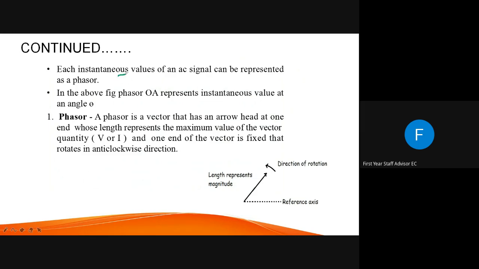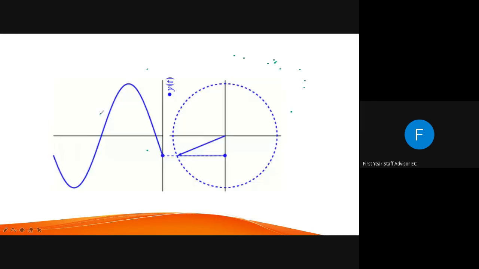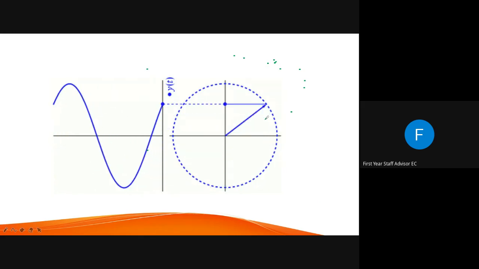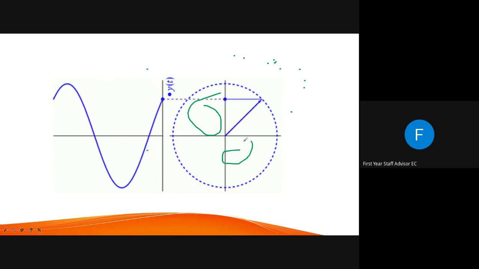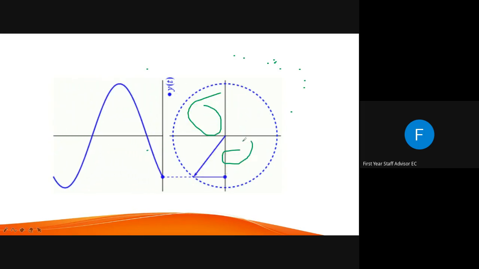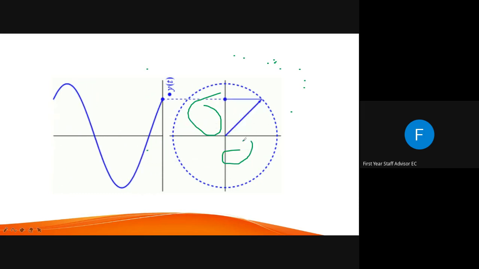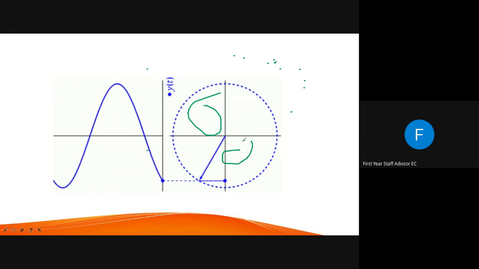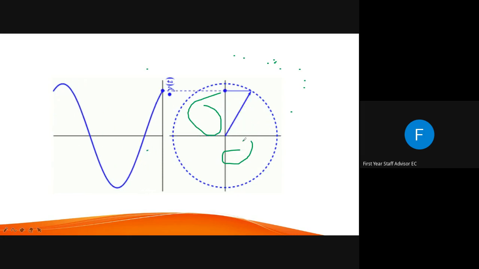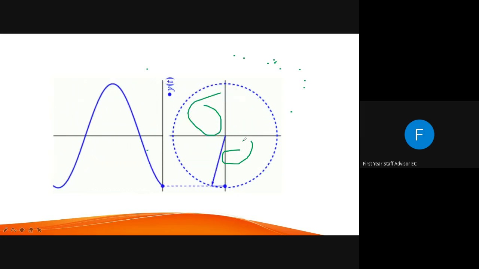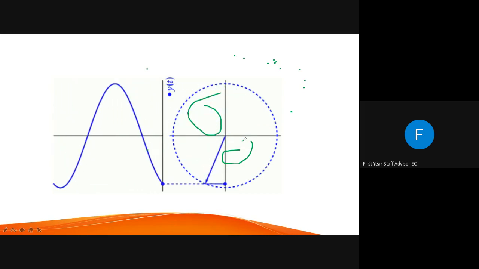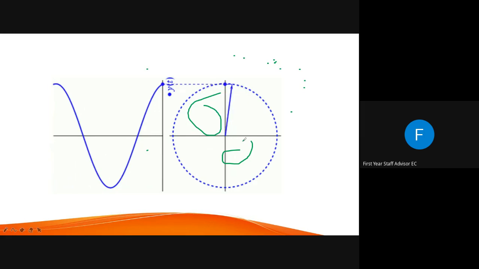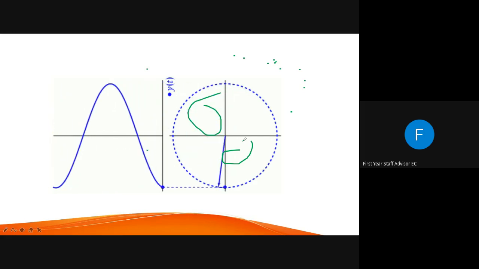You can also represent the instantaneous value of an AC signal by using a phasor, but the difference is, if you represent the instantaneous value, the length of this phasor will vary depending on the angular velocity. You know that when it is 0, the instantaneous value is 0. So there won't be any line when it is at 0. When it reaches 90 degrees, the length of the line becomes maximum because the instantaneous value is the peak value, and the length varies every time as there is a change in the omega.